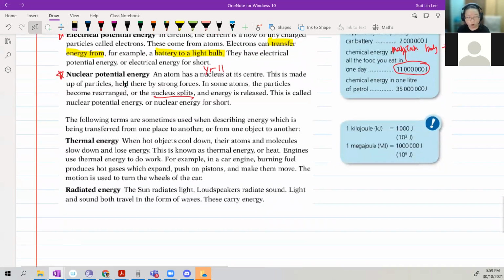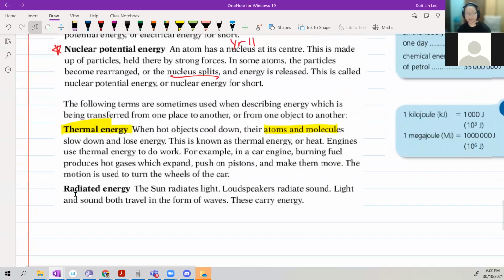Speaking of warm, these are some terms that we use to describe warm or heat or thermal energy. Thermal energy is actually a very interesting form of energy because it is due to the vibration of atoms and molecules. Any form of vibration has thermal energy. Currently, our particles are all vibrating. At 37 degrees Celsius, all your particles are vibrating very happily. You have thermal energy. Friction will be lost as thermal energy.